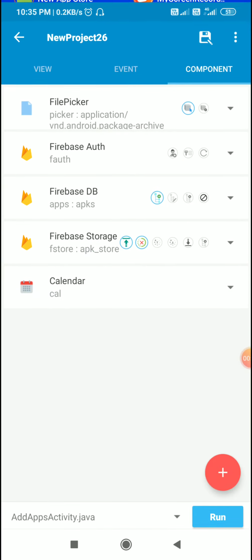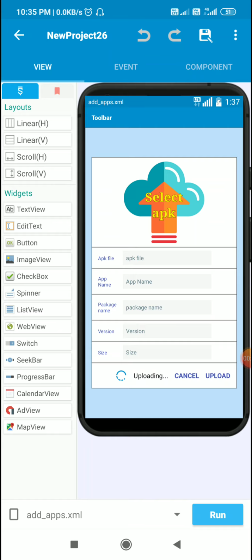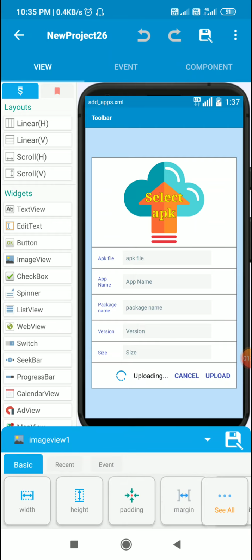So here is this page in Sketchware, and for picking the APK, I have this image view 1, and this image view 1 will also display the app icon. Then I have this edit text file name, edit text app name, edit text package name, edit text version and edit text size.